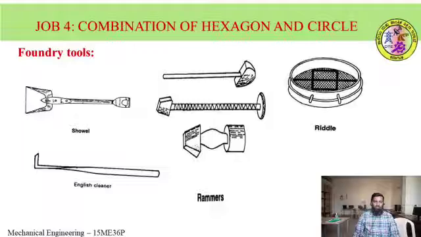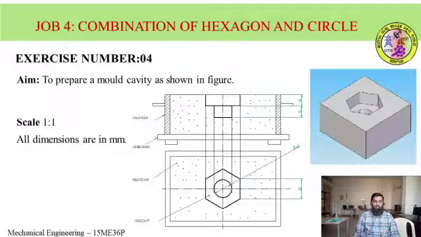There are so many other tools we can use in the preparation of the mold cavity. The exercise is to prepare a mold cavity as shown in the figure. The combination of hexagon and circle has to be cut in the molding sand placed in the molding box. As you are seeing in the sketch, first we have to draw the hexagon on the top finished surface of the molding sand, and once the hexagon is cut, the circle has to be drawn inside